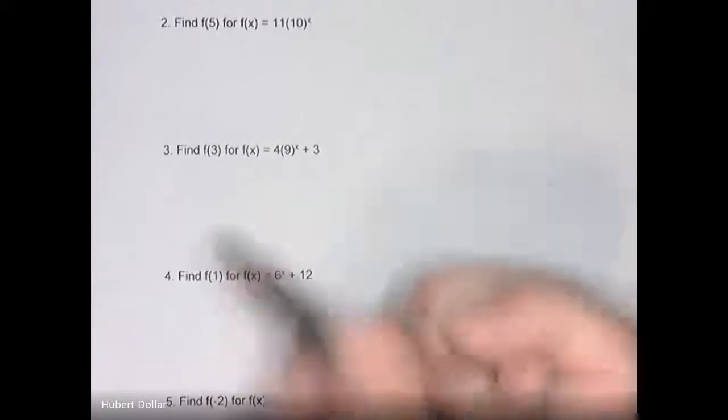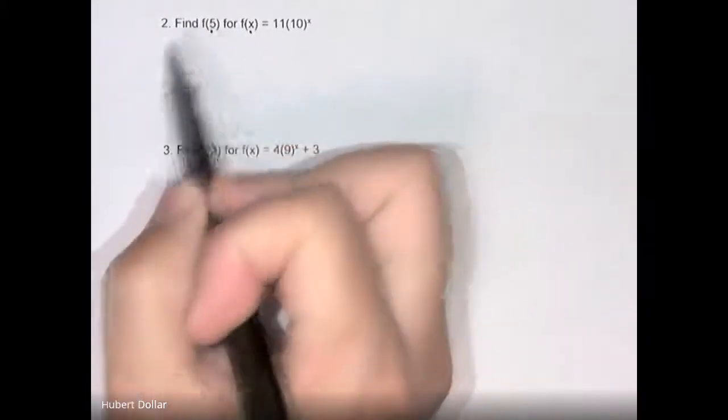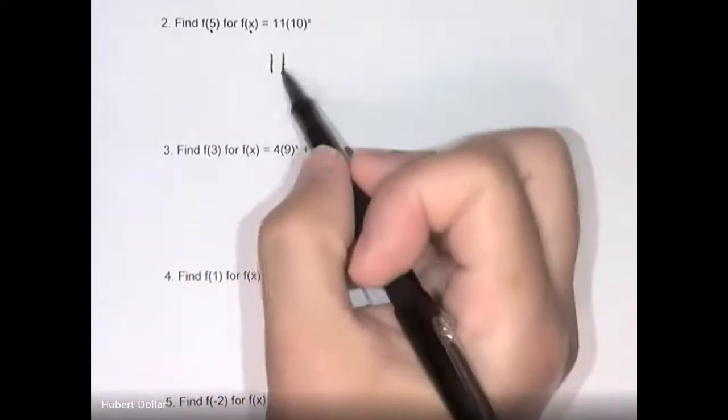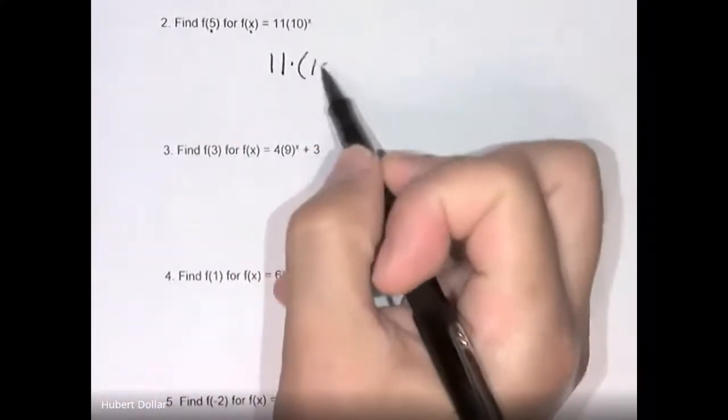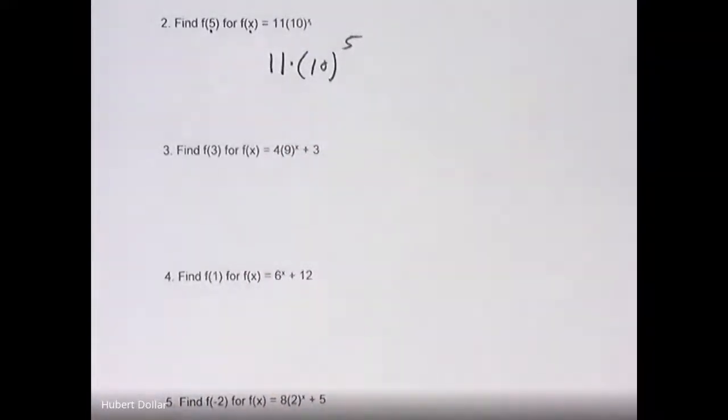So, let's look at the second example. Now, function notation is telling us in place of the x, put a 5. So, the 11 times 10, in place of the x, we put a 5. Now, that means 10 times itself 5 times. Now, using a little calculator,